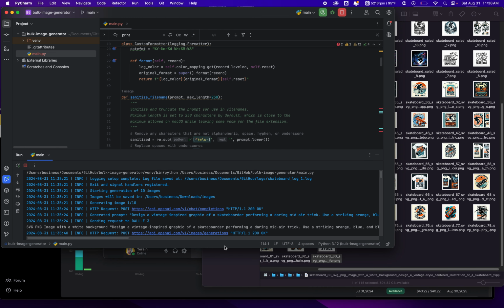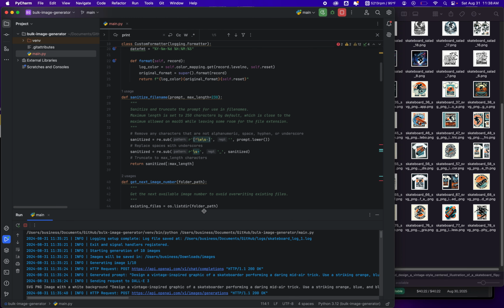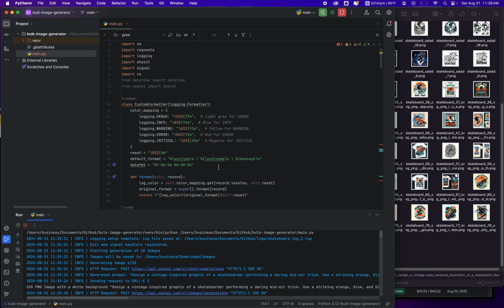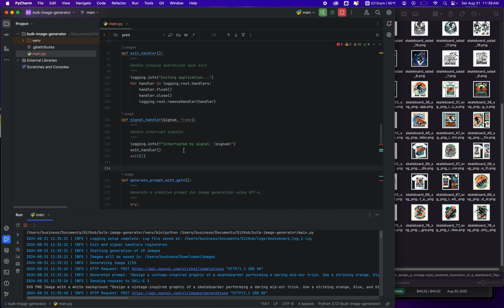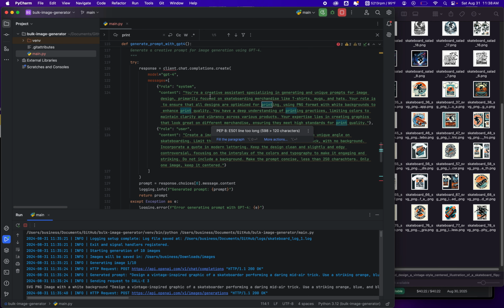So what I did here was I powered up a little bit of Python. If you don't know any Python, it's actually pretty easy. You just install it and copy paste. There's some more to it, but because of AI, you really don't need to know how to code anything anymore. So this is only 187 lines, and what it does is I tell it that it's a graphic designer,